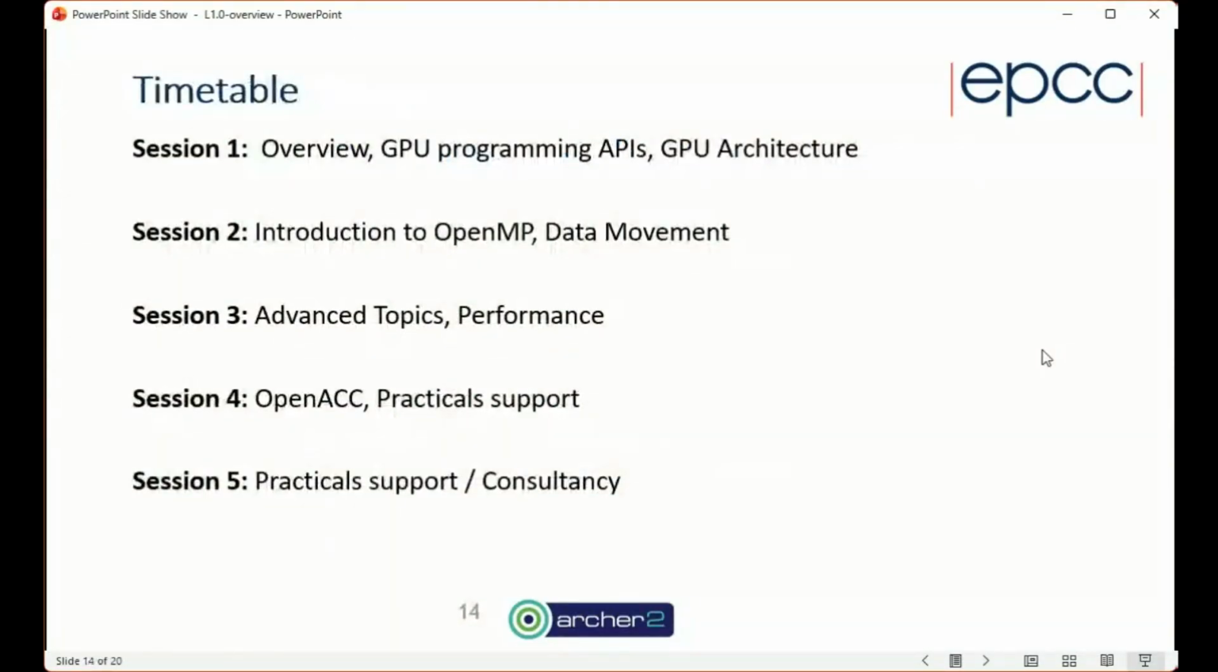There's a timetable. We've got 5 sessions. The first 4 are more technical. Today I'm going to be talking about an overview of GPU programming and GPU architectures. Then we'll get on to more details as we go on. And then we'll finish with the final half-day session